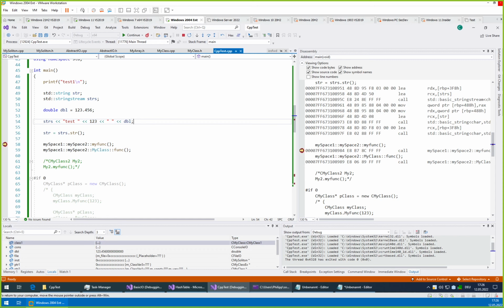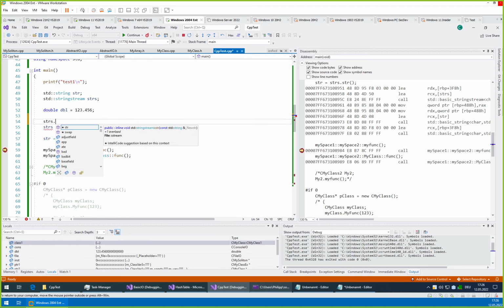Although with printf you can easily format the strings, while here you would need to first call some function. What was it? Precision, float field, I don't remember. There are some options where you can configure how it will handle whatever you print to it. Formatting, width.